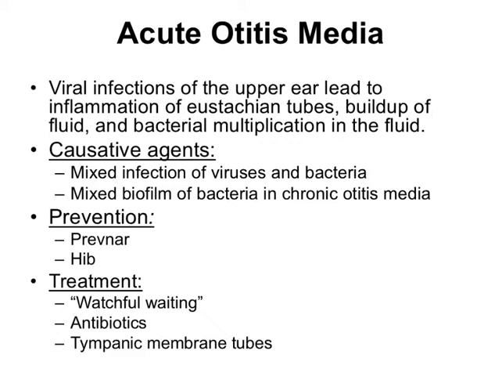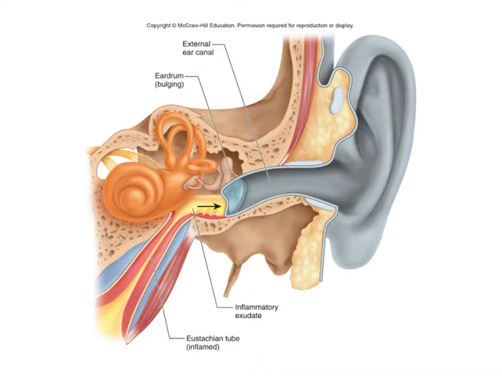In the old days, the way that the ear infection was treated was to lance the drum. So you can see here the route of infection in yellow. You would get a distended drum, and the pain would be unbearable, and you'd go to the doctor, and he would take a long needle guided by an otoscope and punch a hole through the drum, and that would allow the suppurative exudate to seep through the hole in the drum and out the ear, and at that point the pain would vanish. And then the drum would heal over, albeit with scar tissue,